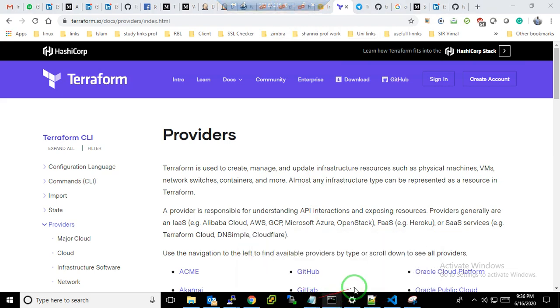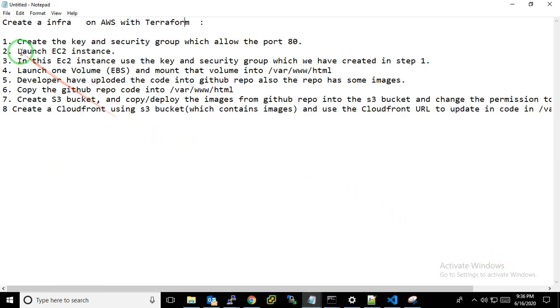So let's see the scenario of my deployment. Here we have to create a key. You know that whenever we want to launch an EC2 instance, we need two things: the key and the security group. Without these two things, and one AMI, we can't launch. AMI means Amazon Machine Image. You can use your own image as well, but in my infra scenario I'm using the Amazon AMI image. And one port is 80.